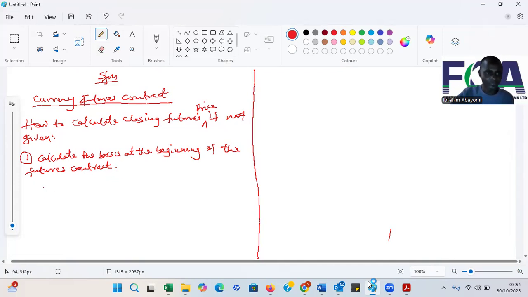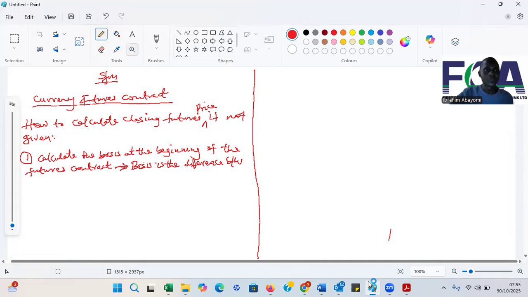How is this done? Now, what is basis first? Let me define basis. Basis is the difference